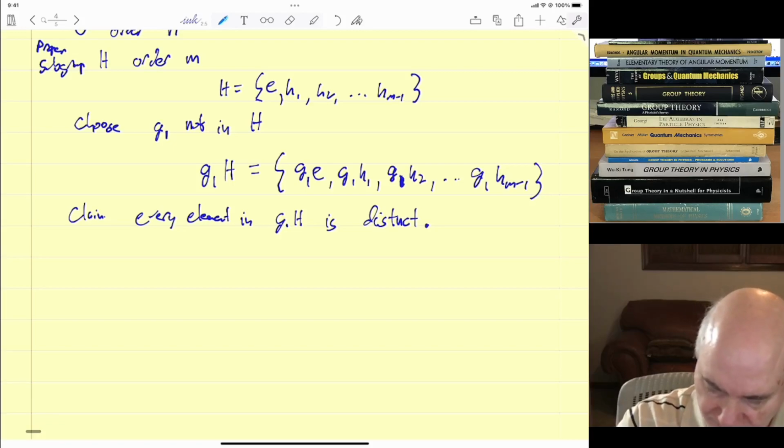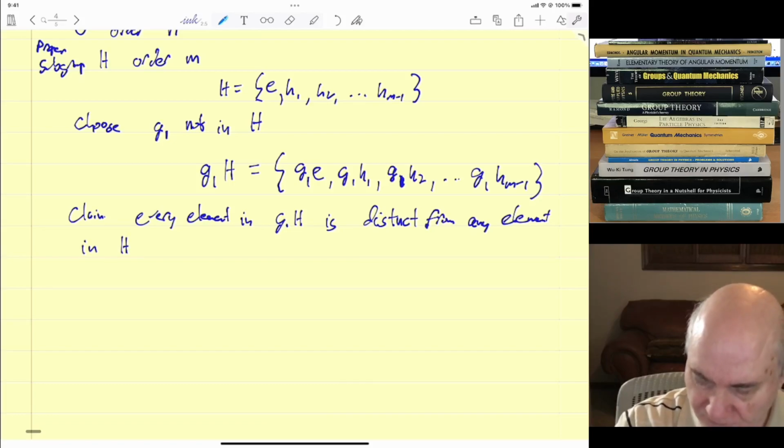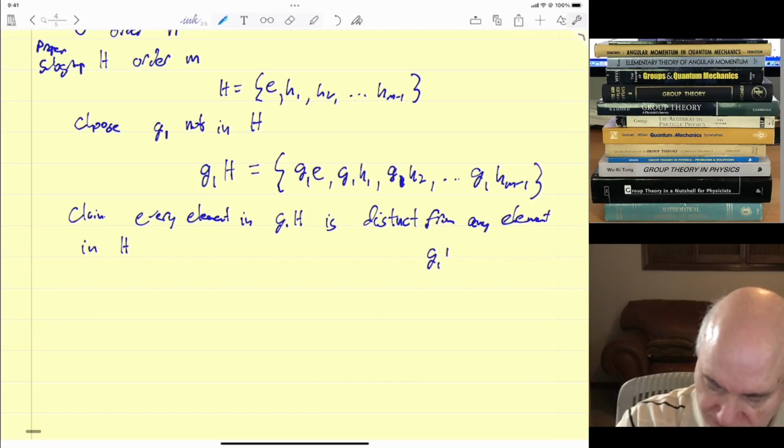Is distinct from any element. Well, they're all distinct from any element in H. They're all distinct in terms of themselves because we can't have, like, if we had G1 H1 is equal to